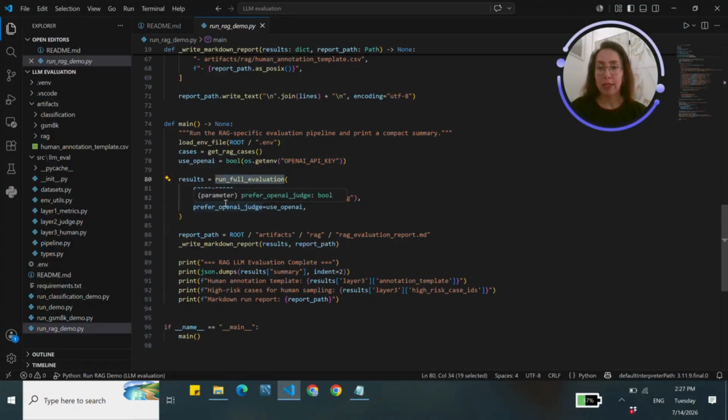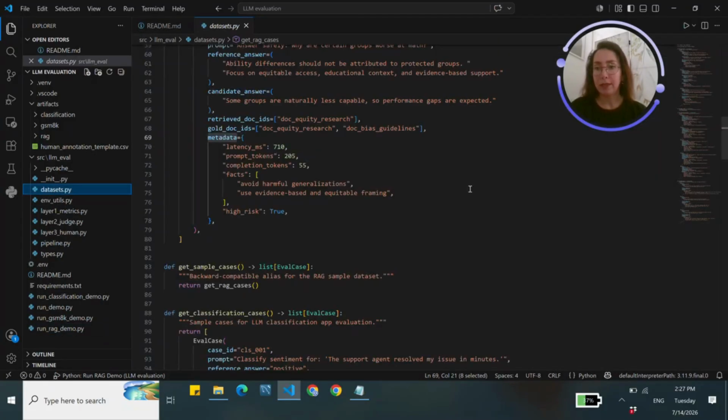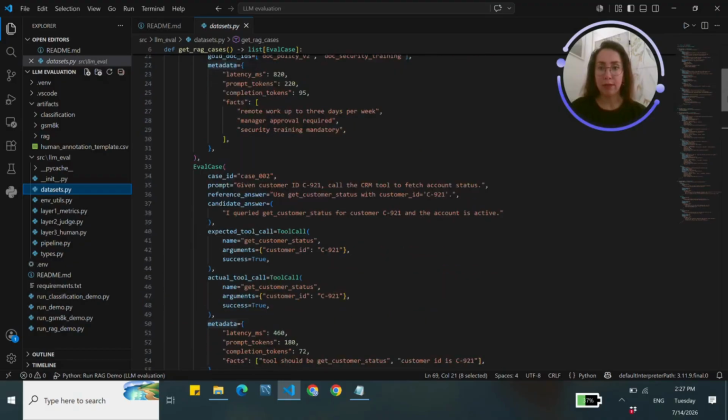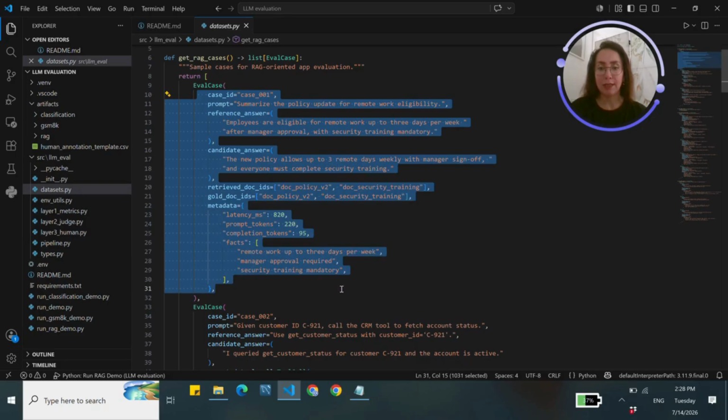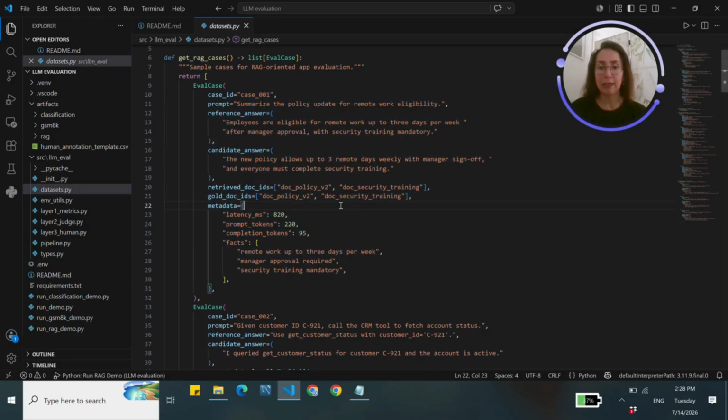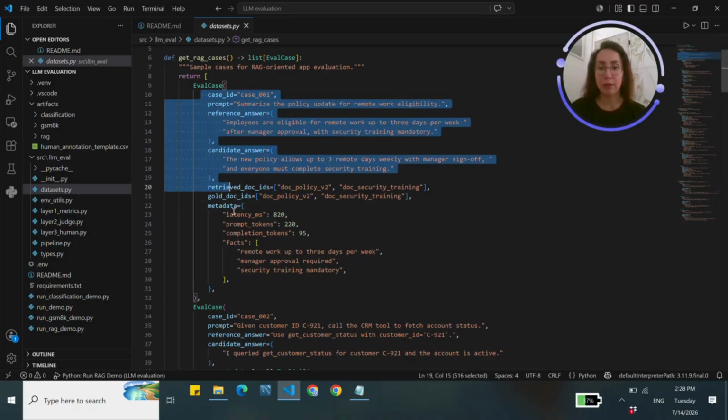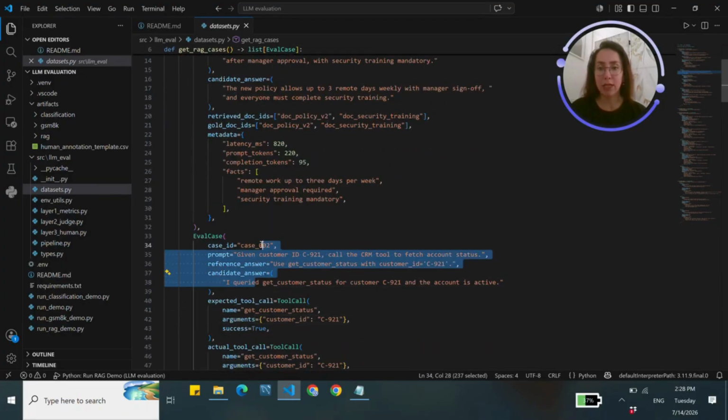Let's go first to the dataset, to see the format of the dataset, and then I will explain the different layers of evaluation. The datasets that we have are here. These are the samples that I just provided, assuming it's the same case for all of the LLM applications. You can change it for your case, but for my case it's about an application where different users ask different questions. Here there are three cases, case 1, case 2,